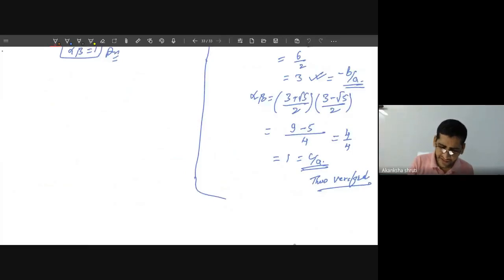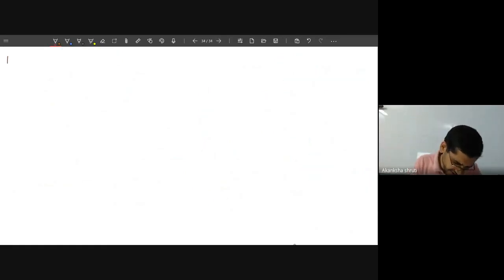Exactly the same way. Now the third thing, framing a quadratic equation when the sum of roots and product of roots are given. Students, let us recall that in quadratic polynomials, we were using the comparison method, but not the comparison method here. Why? In that case, it was not an equation. We cannot simplify it. We compared it. But here, we have simplified the standard quadratic equation to calculate the value of x.